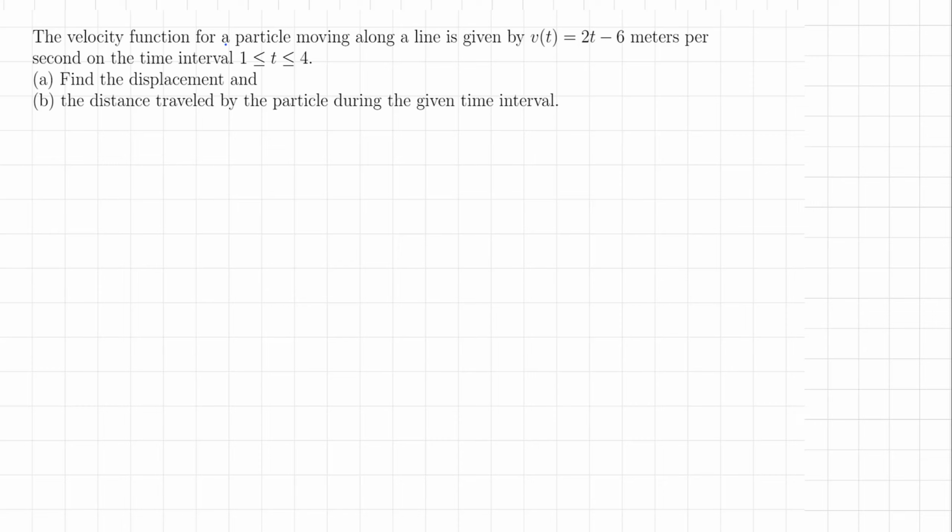The velocity function for a particle moving along a line is given by 2t minus 6. Oh, this is a linear, first degree polynomial, so linear meters per second. That's the velocity function. On the time interval 1 through 4, find the displacement and the distance traveled by the particle during the given time interval. So 1 through 4,